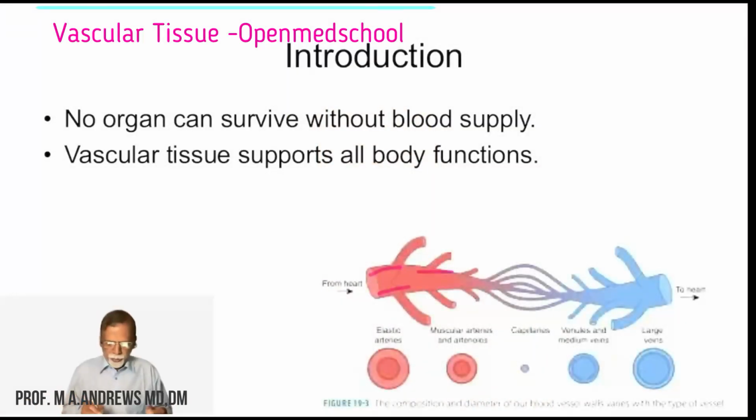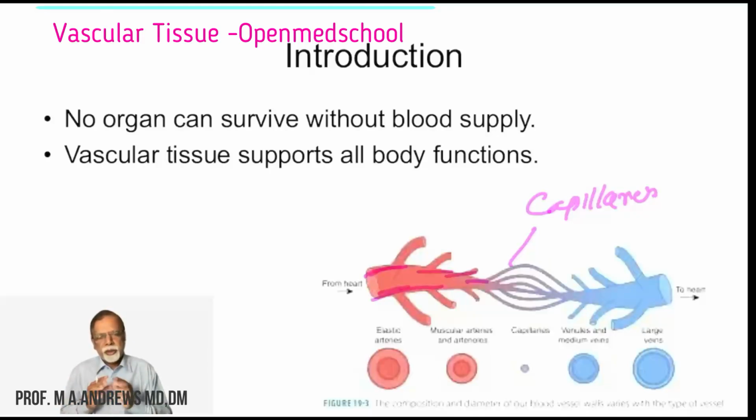So here you can see this is the artery, which divides into branches and finally loses the muscle tissue and becomes capillaries. So capillaries are a network of vessels where there is no muscle tissue. It's a single cell thickness. These capillaries have an arterial end and a venous end. Capillaries join together to form venules, then they form veins, and finally